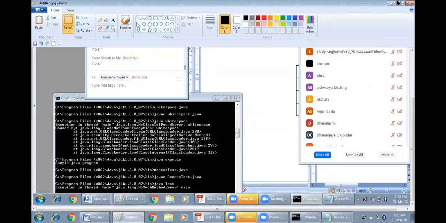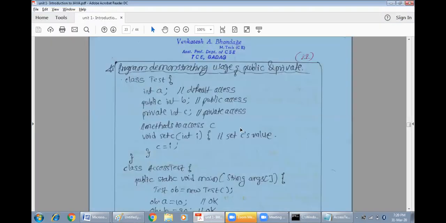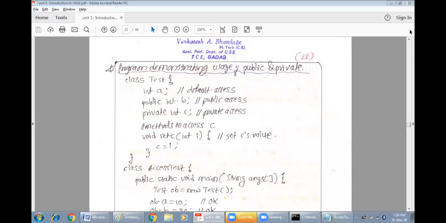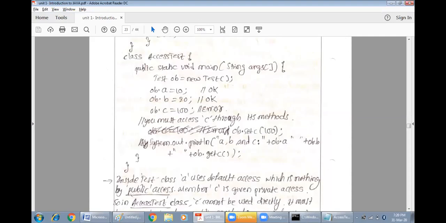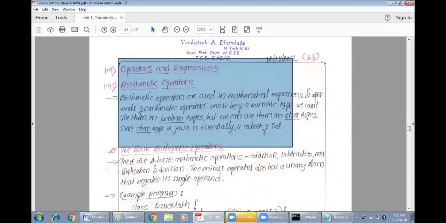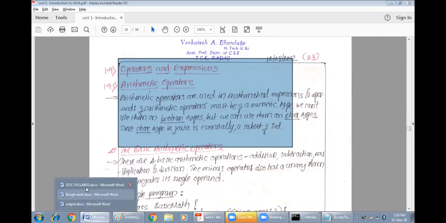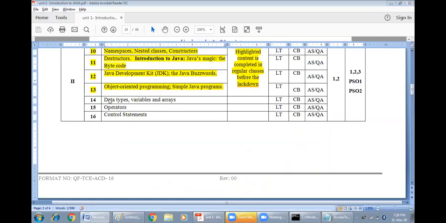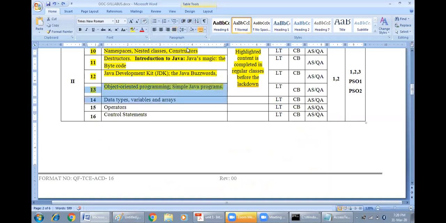When there are no doubts, shall we conclude the session? This is what I wanted to explain today because next bit is something like this is over. We will be starting with operators and expressions in the next class. So I will be coming to this syllabus. What we have covered in today's class is this one. Only variables, I think variables is the same as that of C and C++. So I will highlight this.